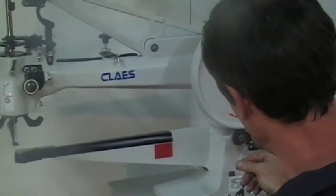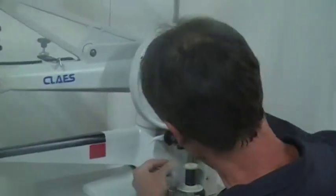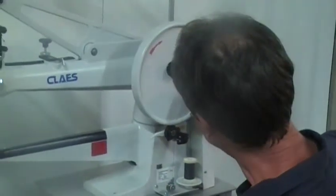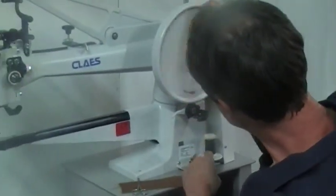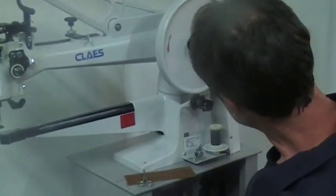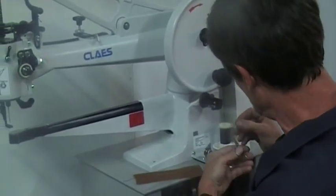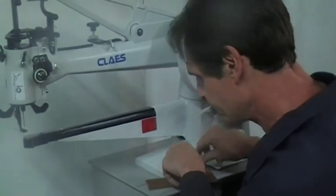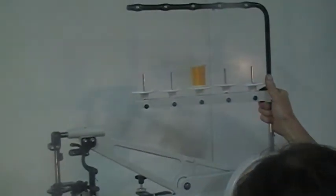The Claes also features an automatic bobbin winder shutoff. I rolled the bobbin a little bit of the way so we don't have to roll it all the way right now. As you can see, you pull out this knob here, and you can turn the hand wheel by hand. And then the machine will automatically shut off when the bobbin is full. The Claes also offers a 5-spool, easy accessible